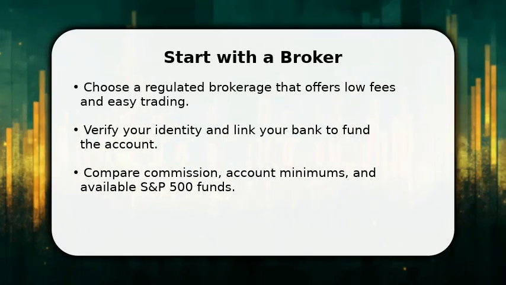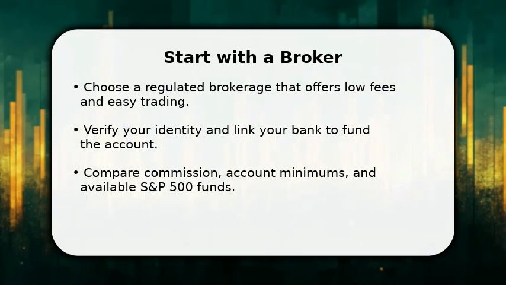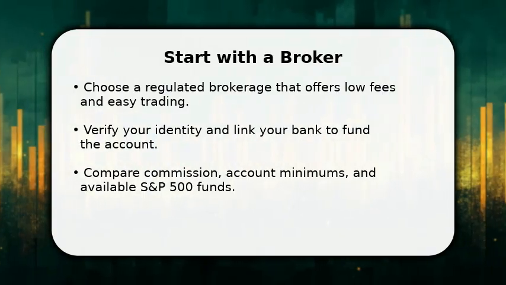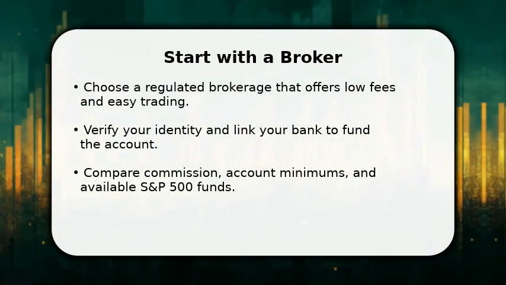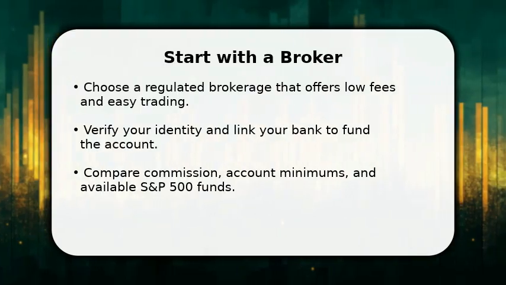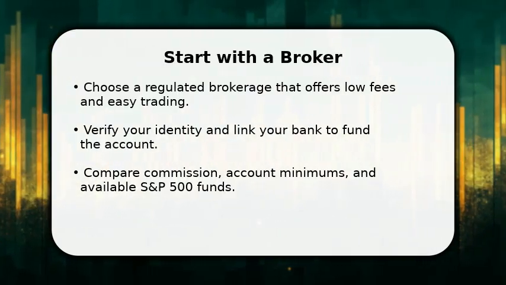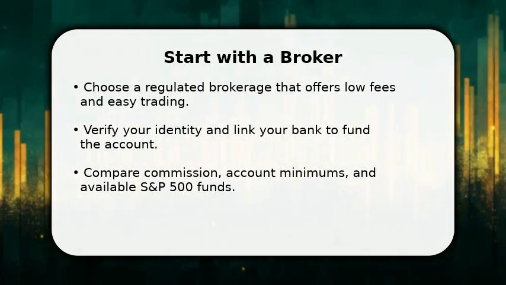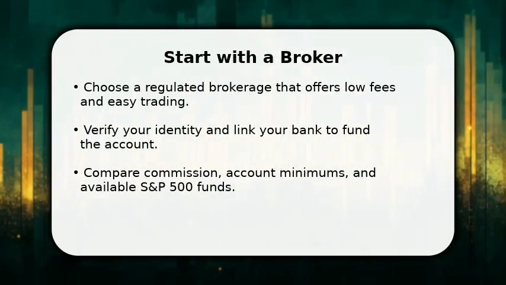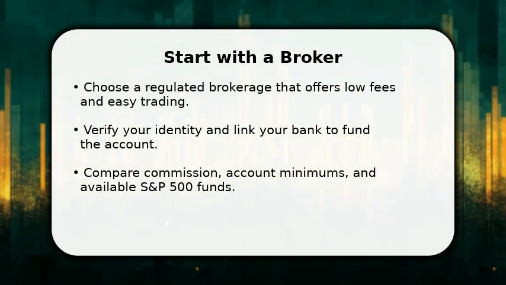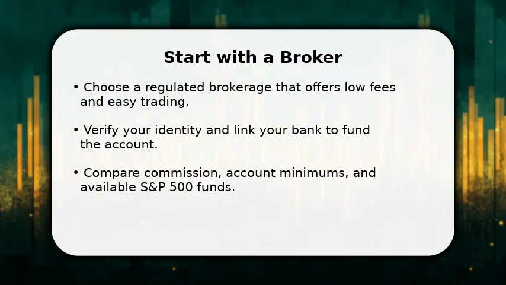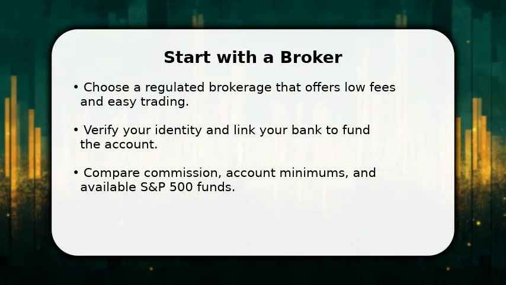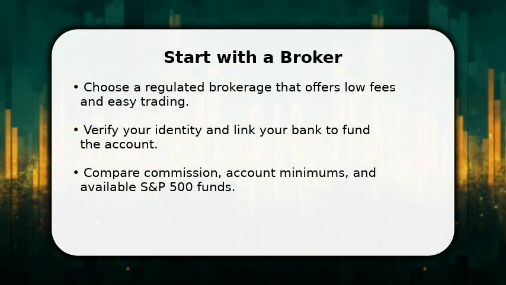In this video, I will explain how to buy stocks in the S&P 500, the only way. Open a brokerage account, verify your identity, and transfer funds from your bank as the first step. Next, search for an S&P 500 ETF or index mutual fund and review its expense ratio and trading costs. Finally, set your order type and number of shares, then confirm the trade while keeping a long-term mindset and risk